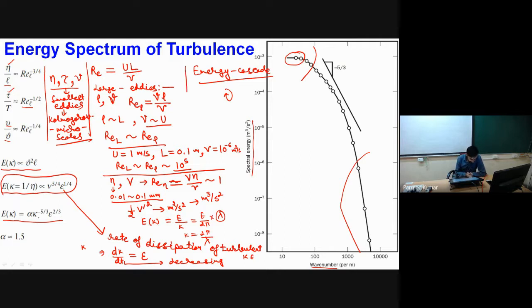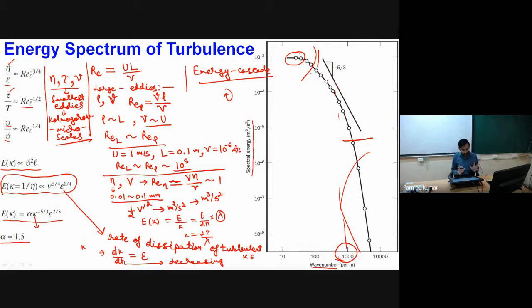Okay, so considering this, for the intermediate eddies, with k being the wave number, the spectrum has been presented as alpha times wave number to the power minus 5 by 3 into epsilon to the power 2 by 3, where epsilon is the rate of dissipation of turbulent kinetic energy. The value of this coefficient alpha is equal to 1.5. You can see this is the equation, and in the intermediate region, for values of k about 1000, this relationship is applicable.